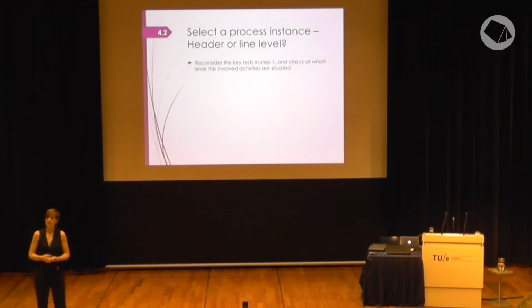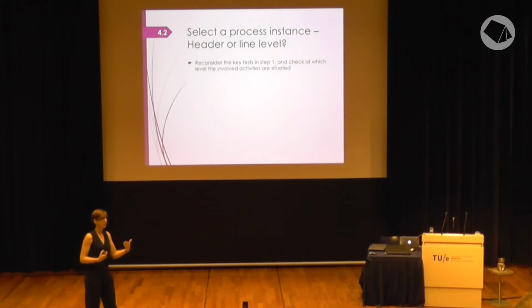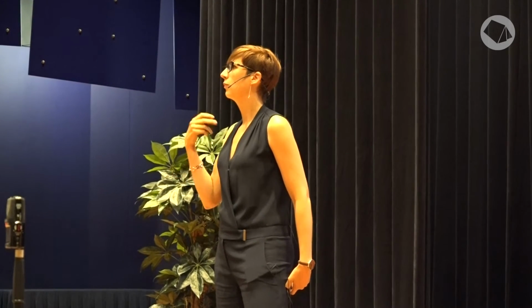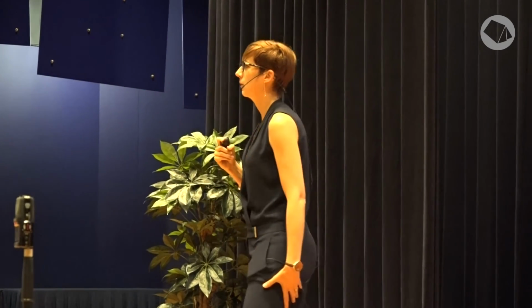So here is where your key tests in step 1 come into play. You retake those key tests that you have made explicit, and you're going to check those activities that are involved in your key tests. Are they taking place on a header or on a line level? A general rule is just to take the highest level of the activities that are involved. So in case of mixed levels, take the highest level. We go through the example later on to make it a bit more clear, but this is the general rule